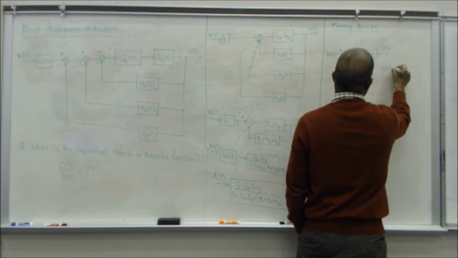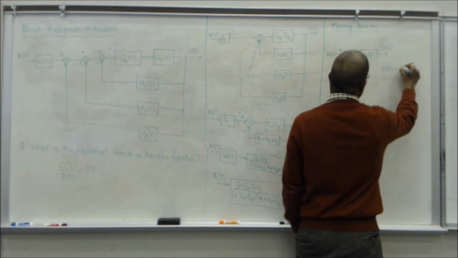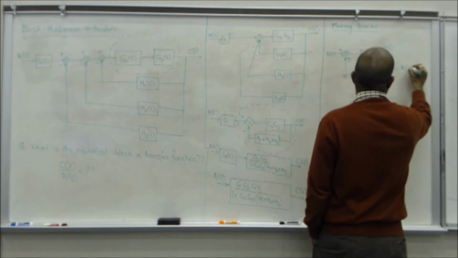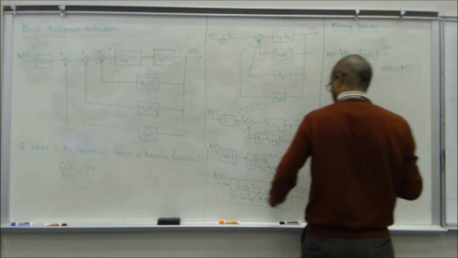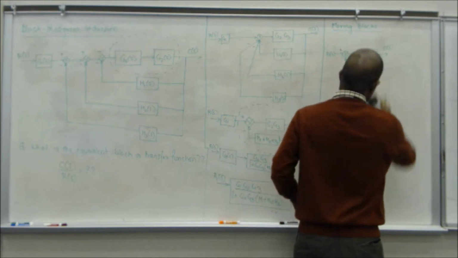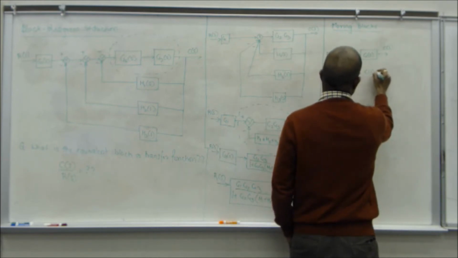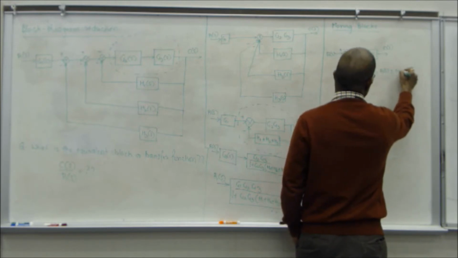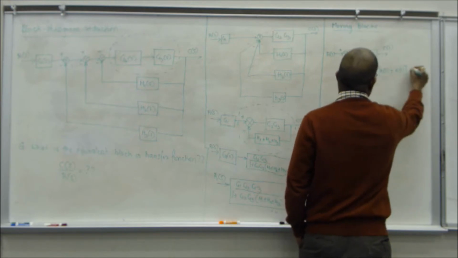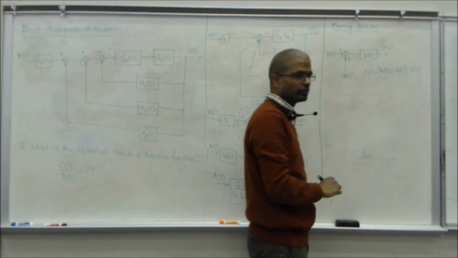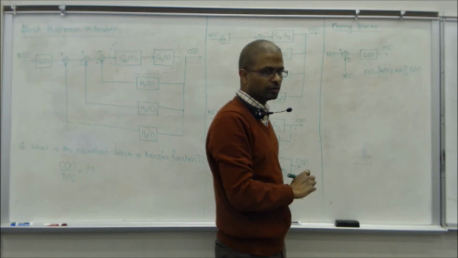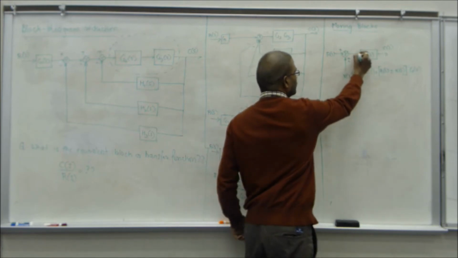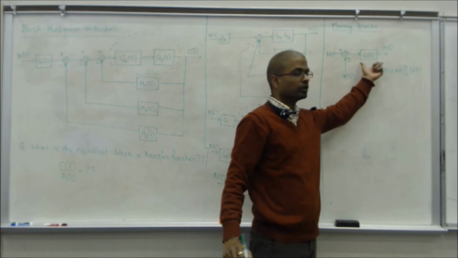C of S is R of S. You have to be able to represent these signals in mathematical form, okay? So C of S is essentially R of S plus or minus X of S into G of S, right? You see it? You see how that is happening? Right? The two signals are being added here, and those both go through the plant, and this is